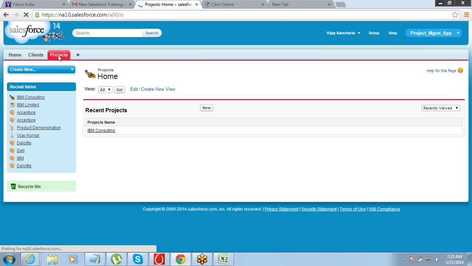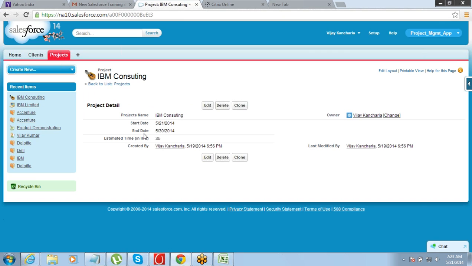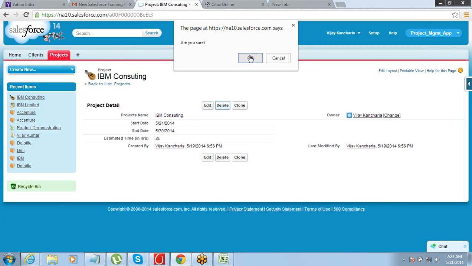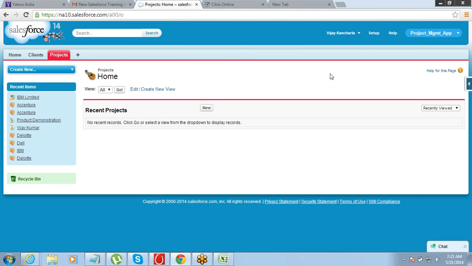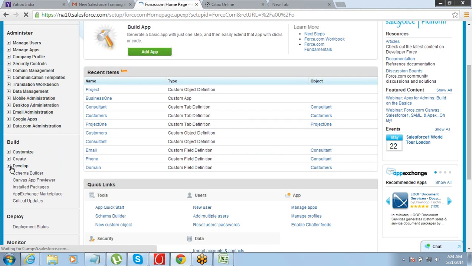In case you already have records which exist in the child object, you cannot create a master detail relationship, and the reason for that is master detail always requires a parent, right? Now this record is not connected to any parent. So for that reason, let me just remove this record. Now there is no record existing in the child, right? Now we can set up the master detail relationship between these two. So go to setup,